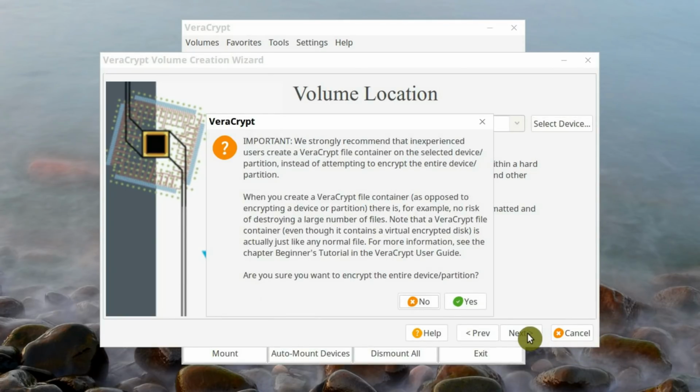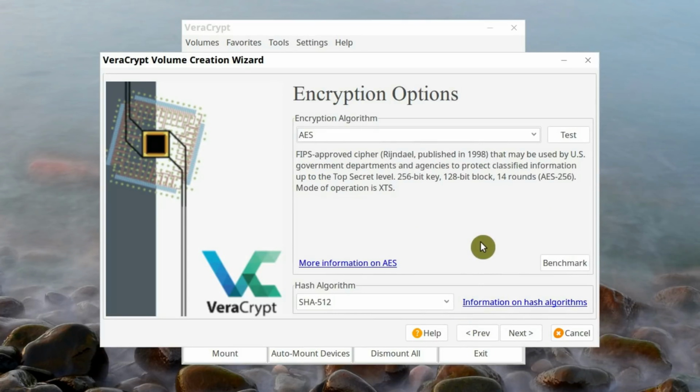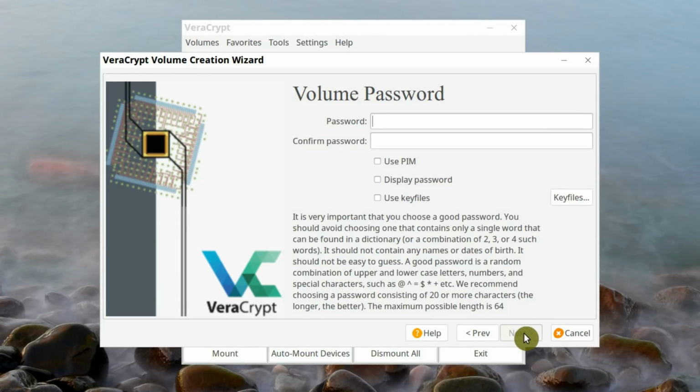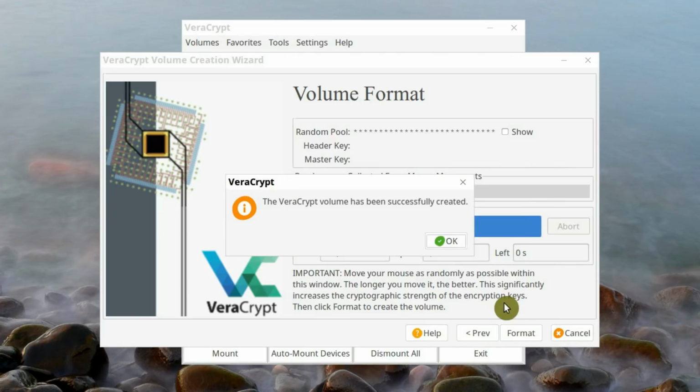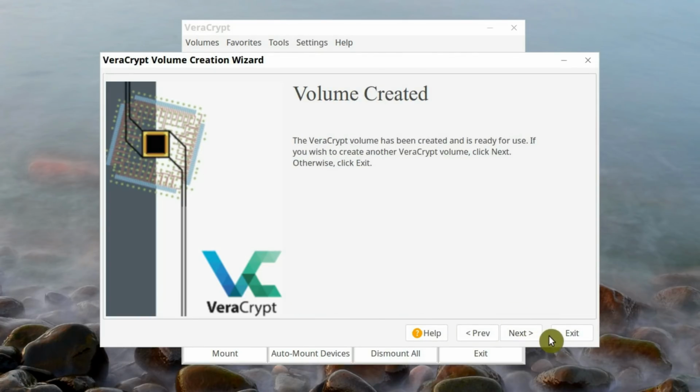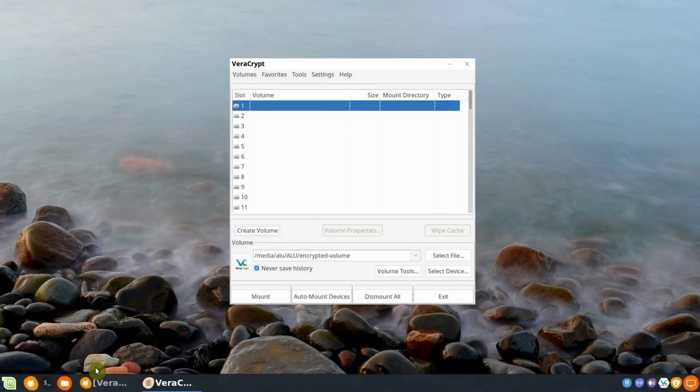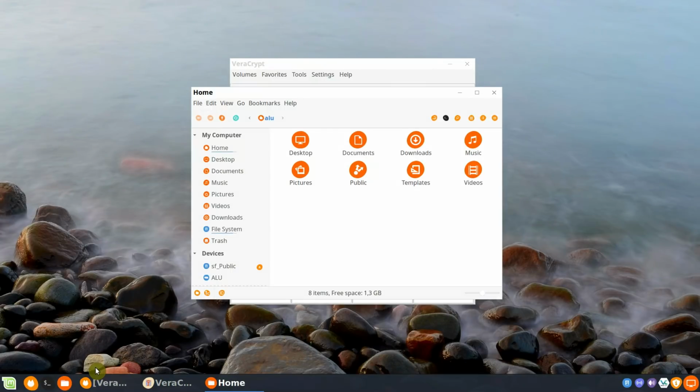This is a warning that Veracrypt recommends to use file container for inexperienced users. This is okay. The next steps are the same as before. I will quickly go through them without commenting, because you already know them. When the partition is encrypted, let's check how the system sees it. In the file manager, if we look at the devices, you only see the regular partition, and the encrypted partition